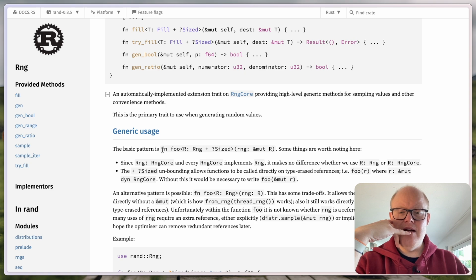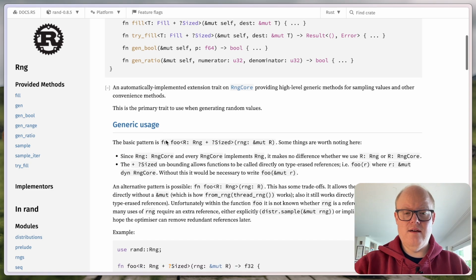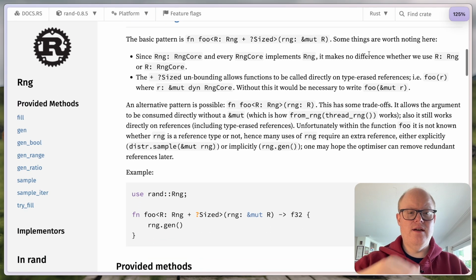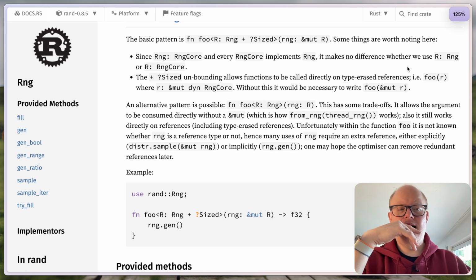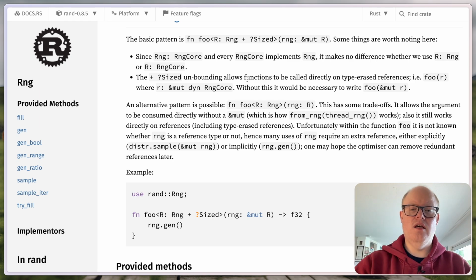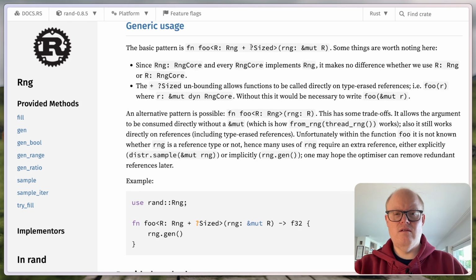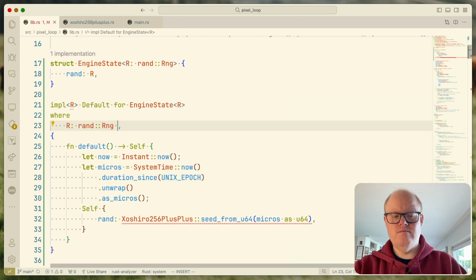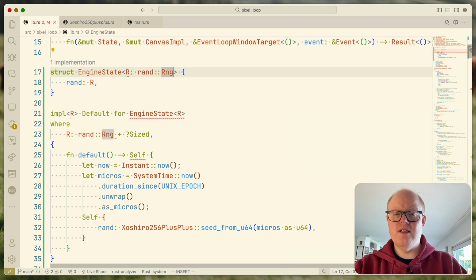implemented extension trait on RngCore, providing high-level generic methods for sampling values and other. Okay, so the basic pattern is every RngCore implements Rng. Let me make this a little bit bigger. It makes no difference whether we use R: Rng or R: RngCore. The Sized unbounding allows functions to be called directly on type-erased references. Okay. Without that, it would be necessary to write foo::<R>. So maybe we need something like that. Let's see. Plus Sized, maybe,